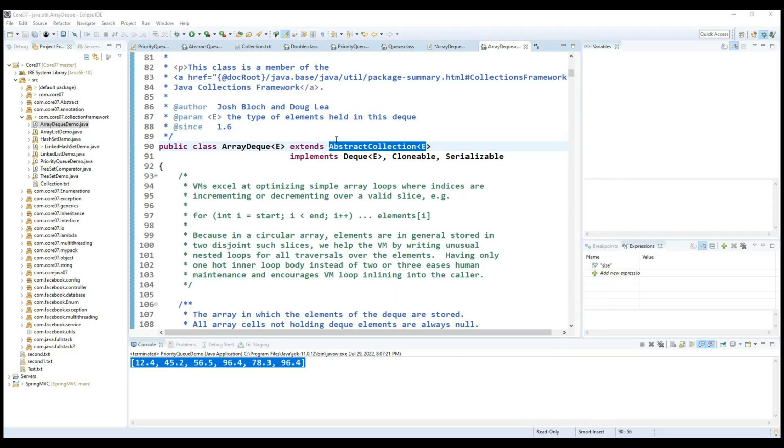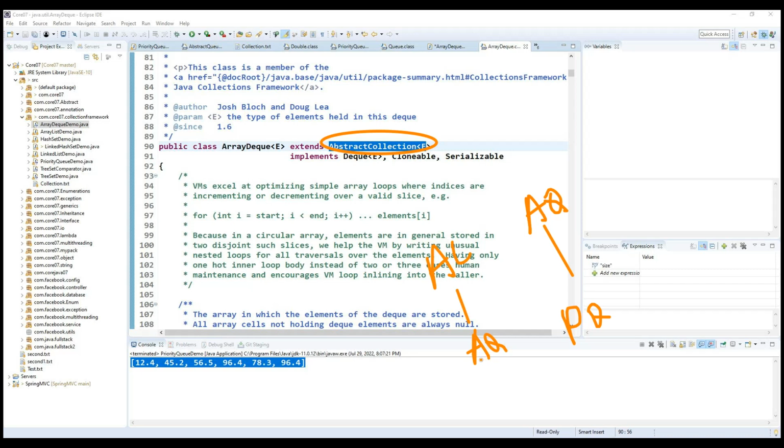Abstract queue is extended by the priority queue. But the ArrayDeque we are writing here internally extends AbstractCollection, and